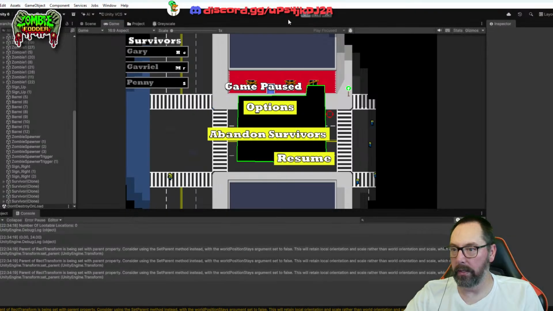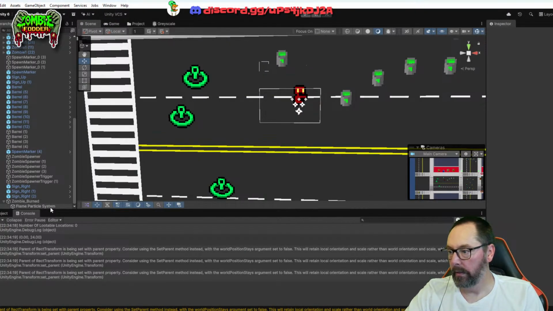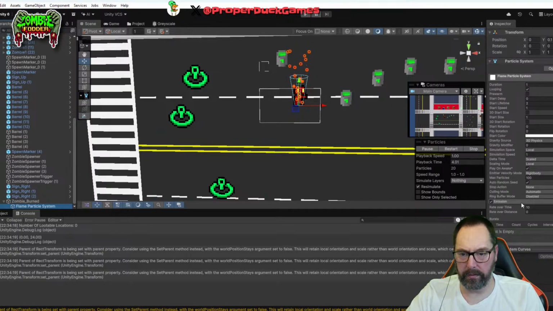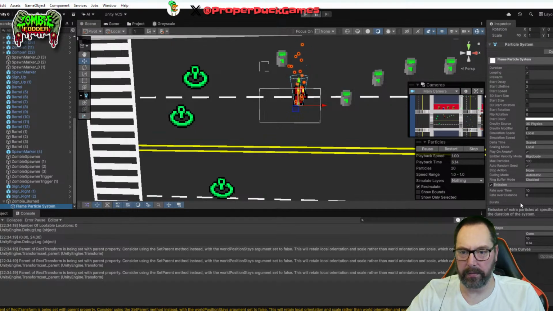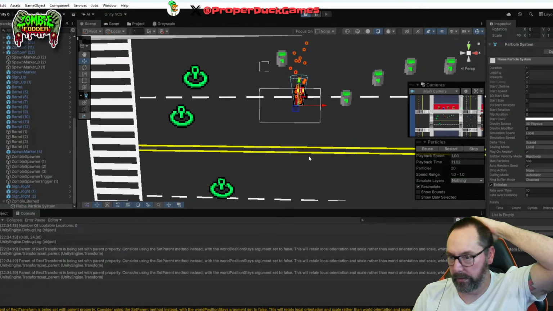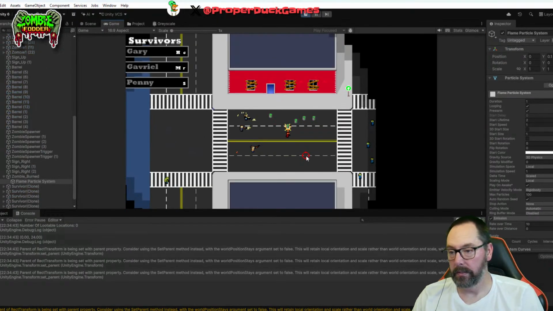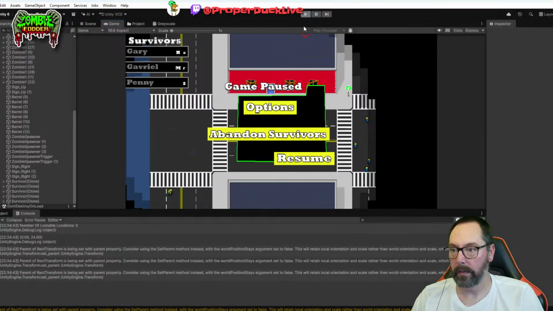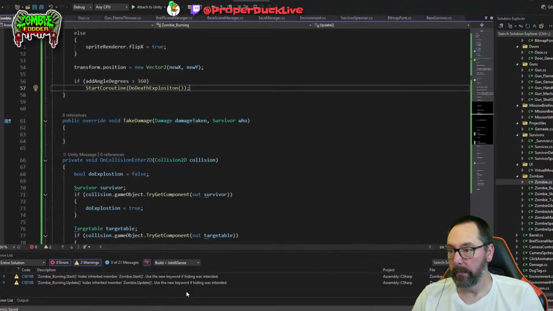I think the particle system needs to be pre-warmed. Is that a thing? It is a thing. Where's it at? Pre-warm. That way it's already emitting particles. And then